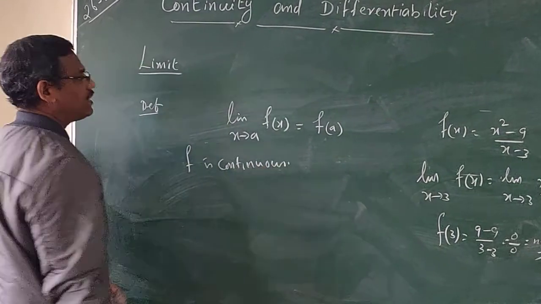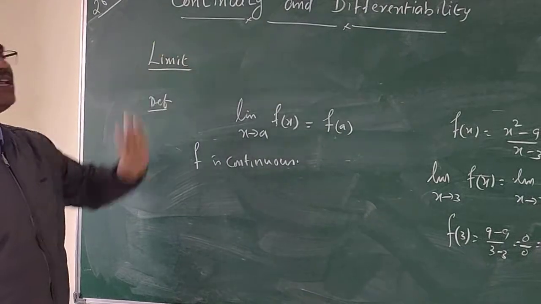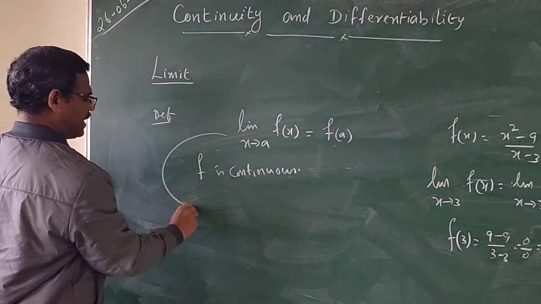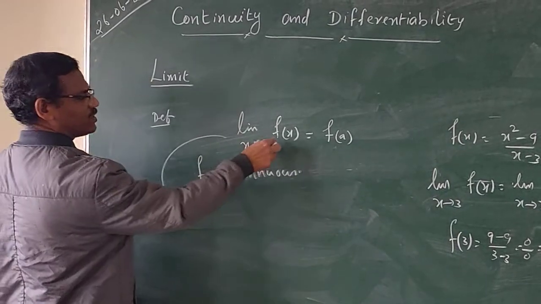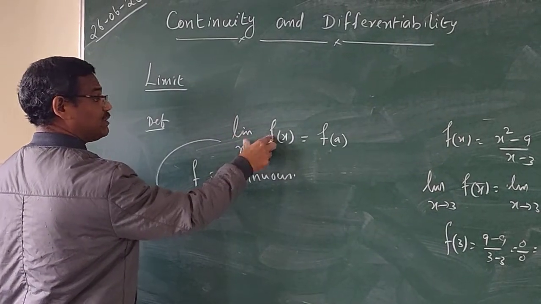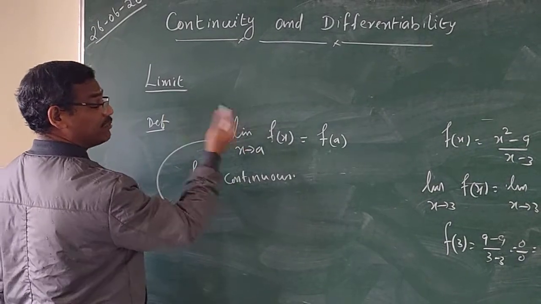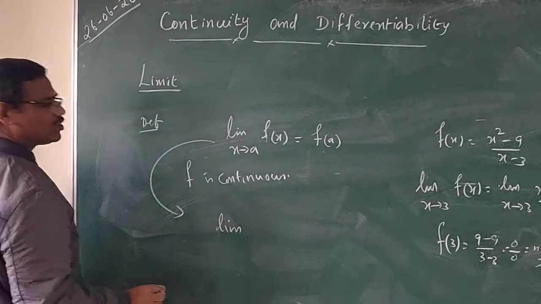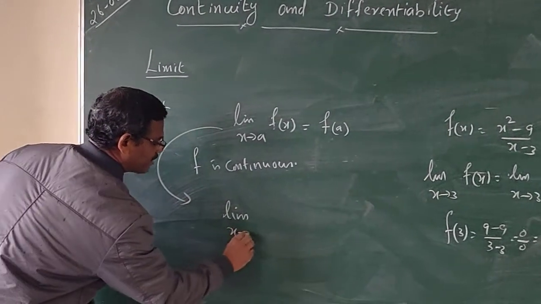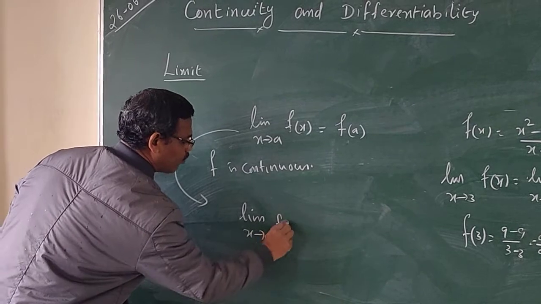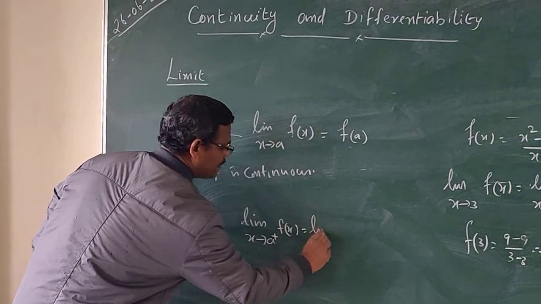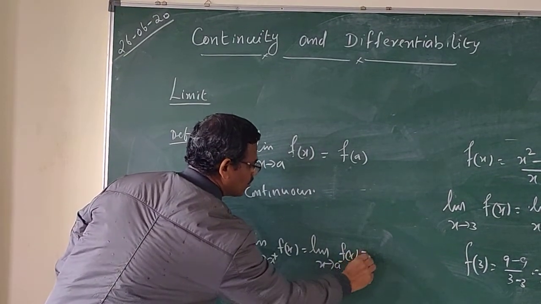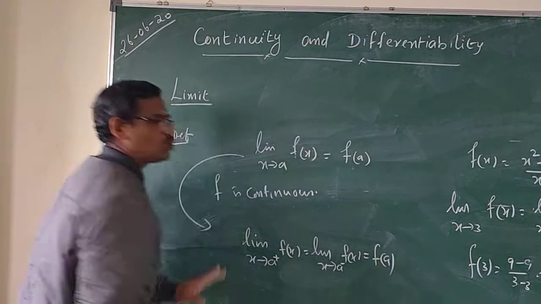That is why I told you that if you want to study continuity, the limit topic is very essential. Now, more precisely, because we have already said that the limit of a function exists provided the left limit and right limit are the same, I can write that a function is said to be continuous if limit x tends to a plus of f of x is equal to limit x tends to a minus of f of x is equal to f of a. This is to be checked.